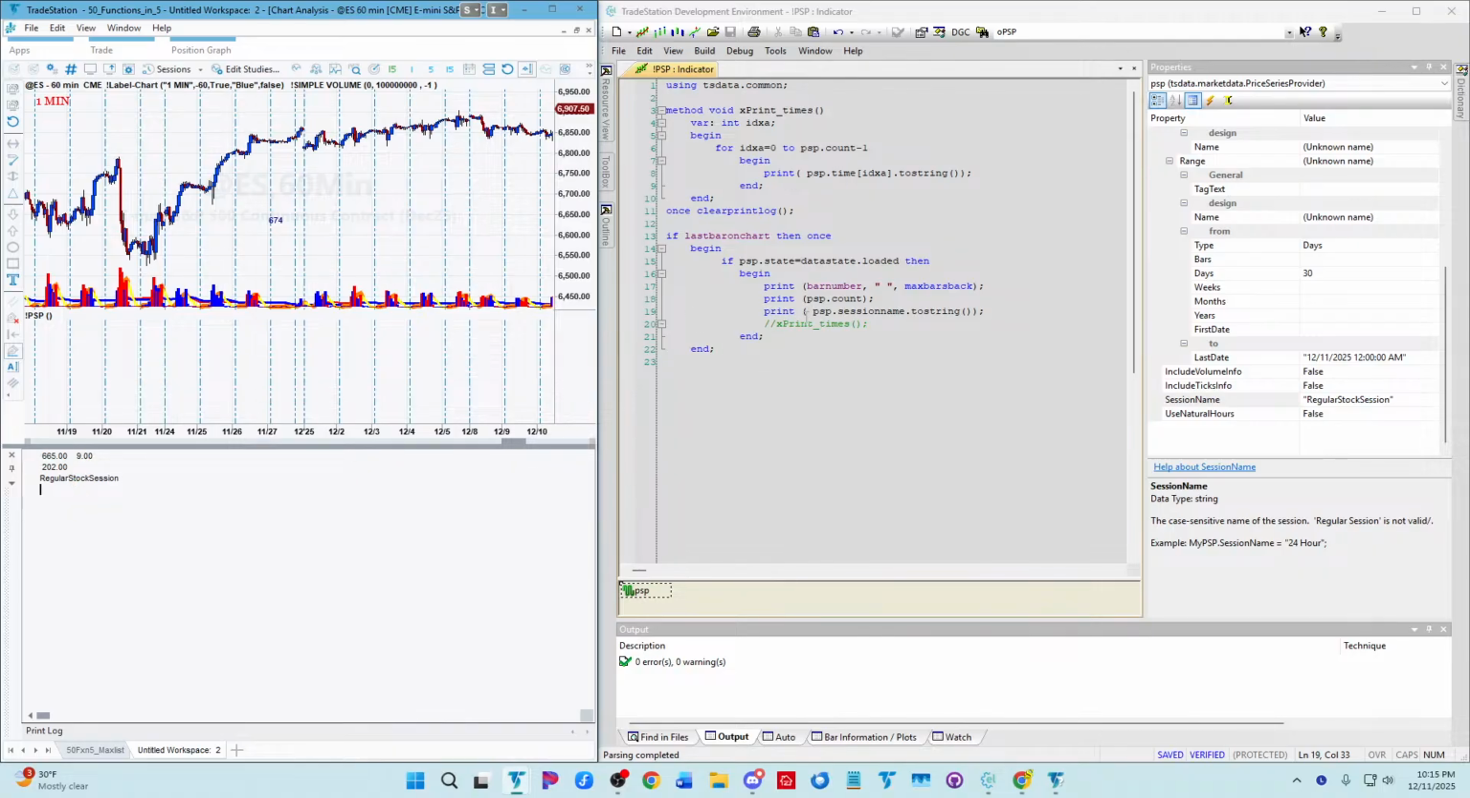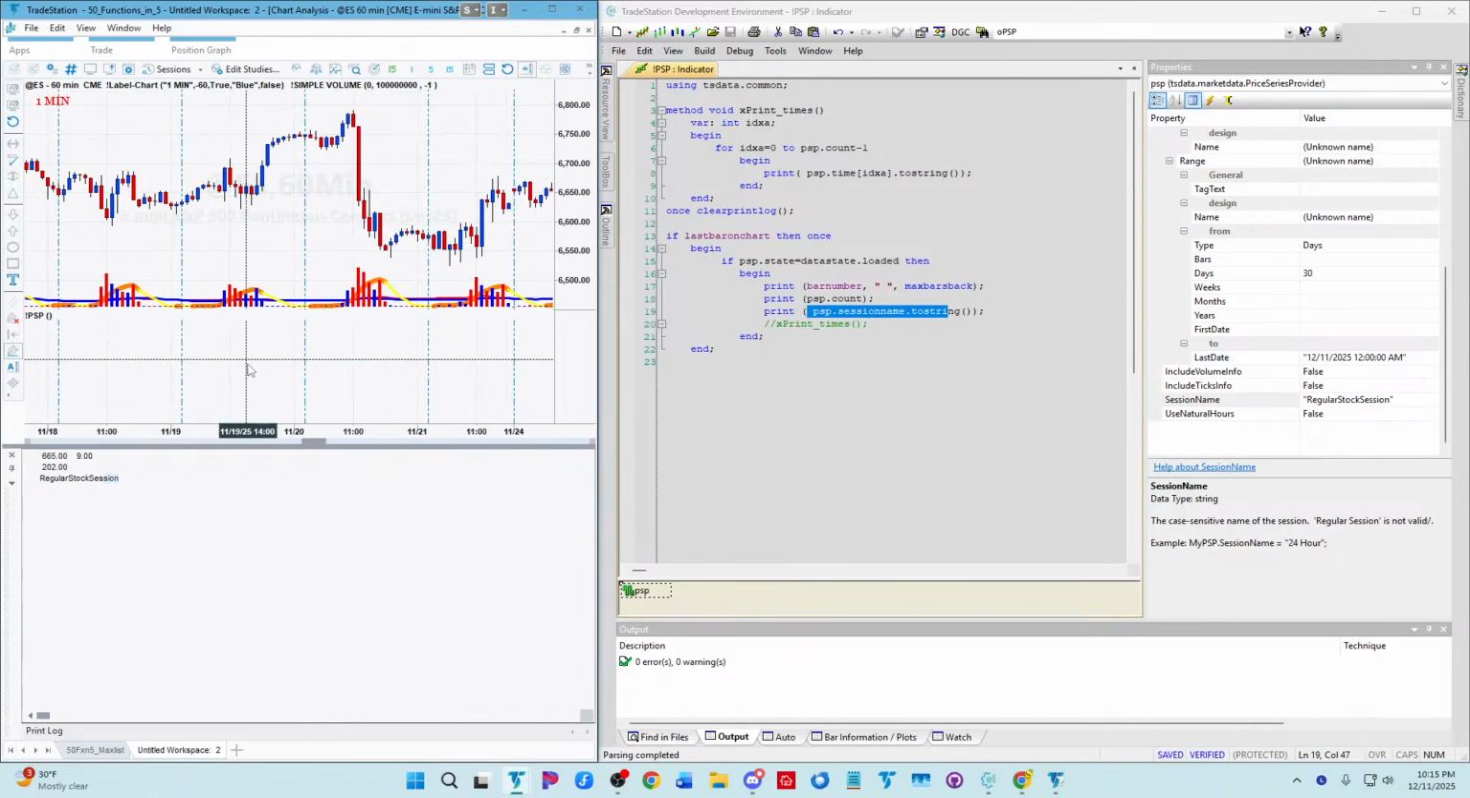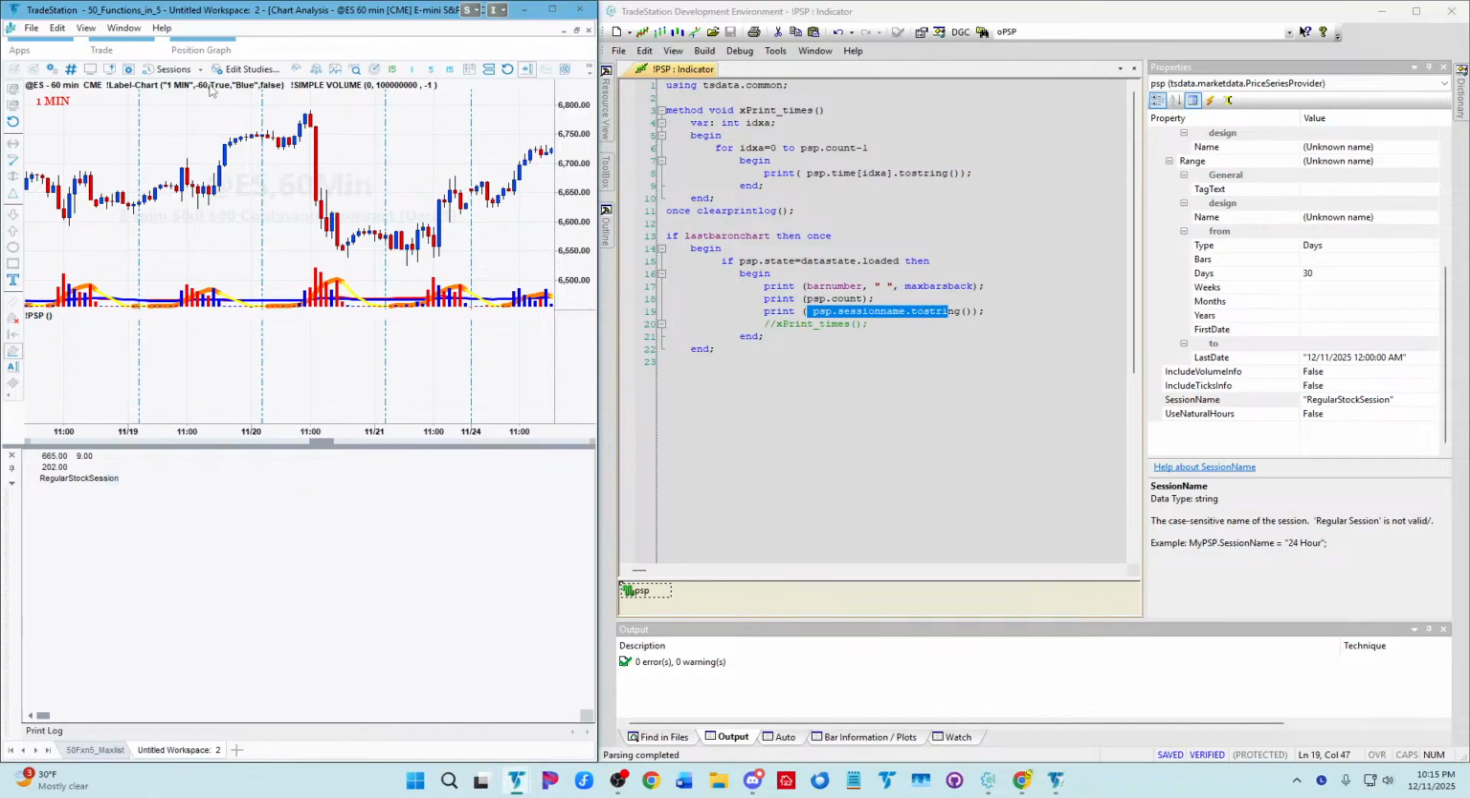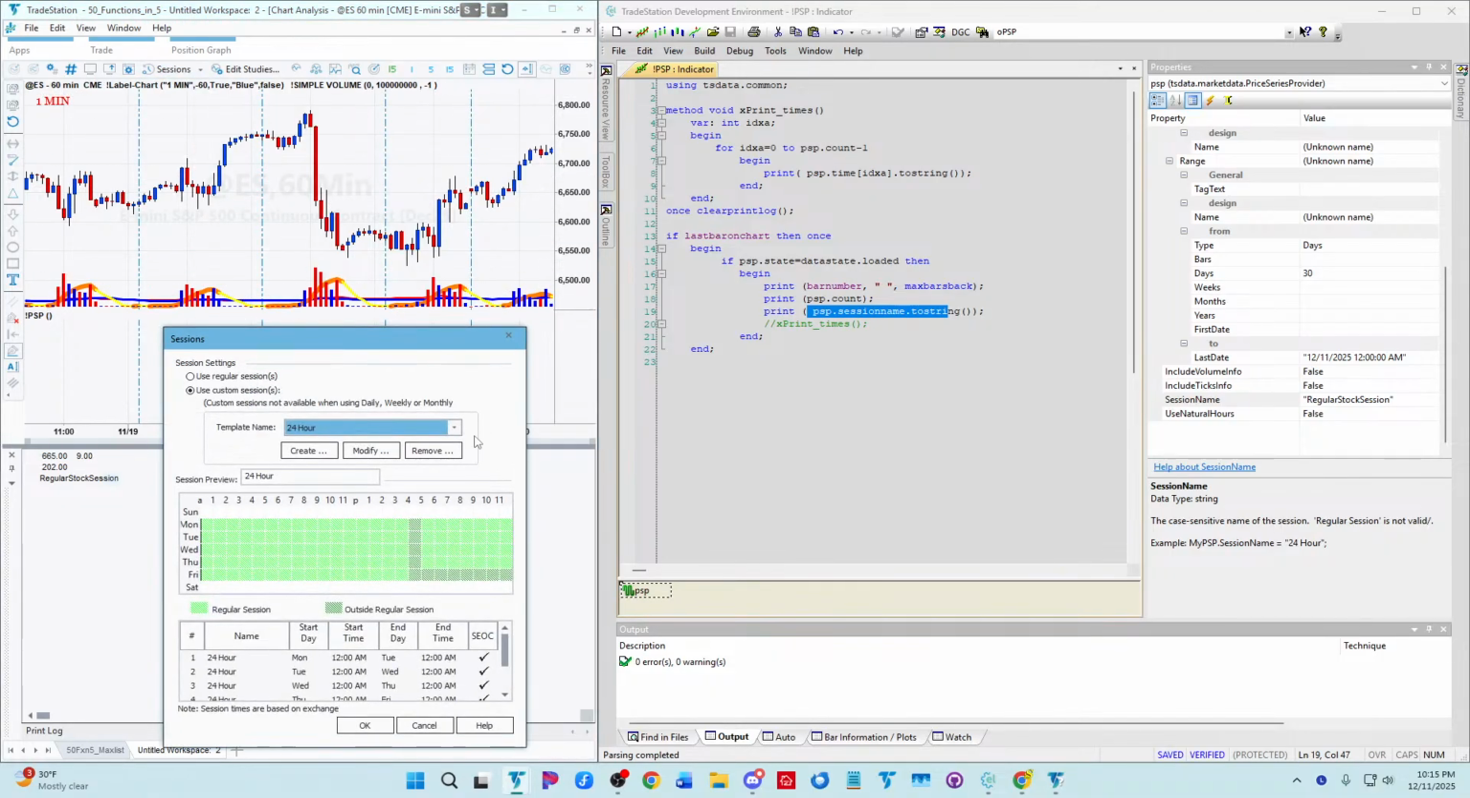Okay, so you see, because we did ask it to print the session name, it did print regular stock session. But I do recall there being some issue or some consideration for the time zones. Session times are based on the exchange, right? So the session times, I have to go back and look at that, because if the session times are based on the exchange,